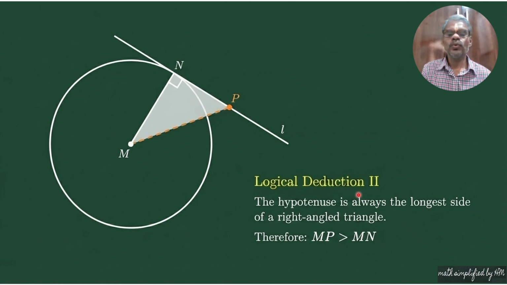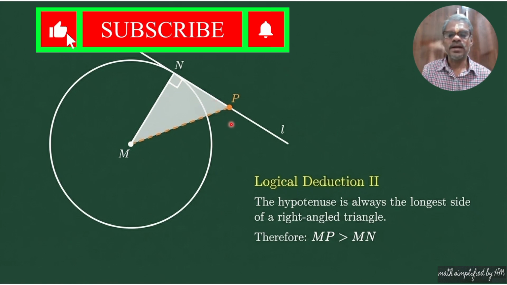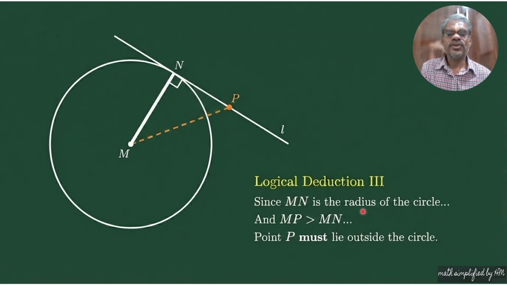Logical deduction 2. The hypotenuse is always the longest side of a right angled triangle. Therefore, MP is greater than MN. Logical deduction 3. Since MN is the radius of the circle and MP is greater than MN, point P must